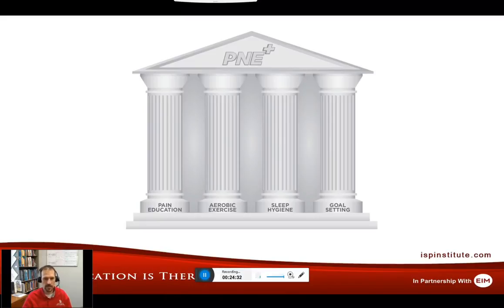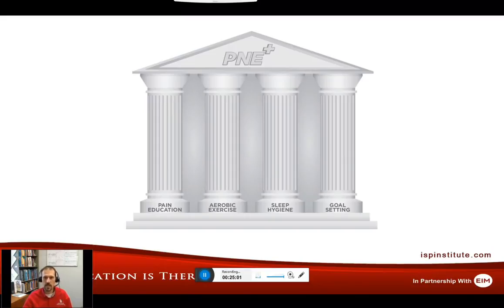Gold level evidence from Cochrane reviews demonstrating that aerobic exercise is utmost important to individuals in pain. How we pace that, how we grade that is very important. But in that process, when they understand that when they hurt doing that, that hurt is not causing further harm to their body, and that's why that pain science education is so important. Because to get them to do the aerobic exercises, they have to have that understanding that the pain that they're experiencing is not causing them any further damage to their body.